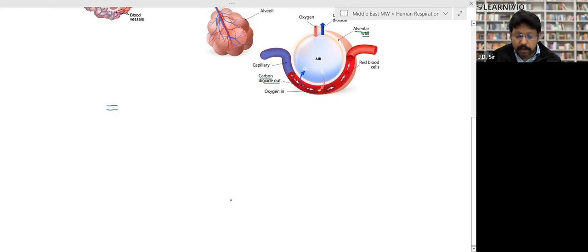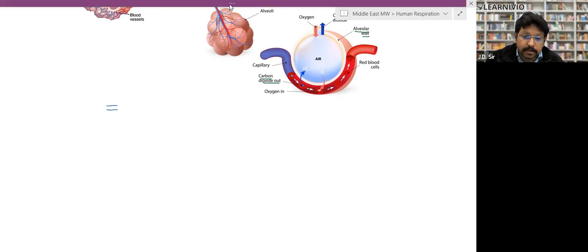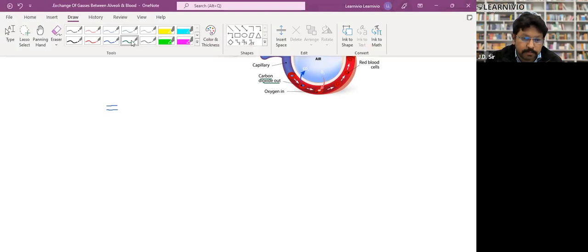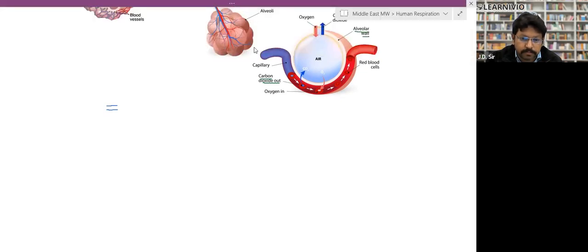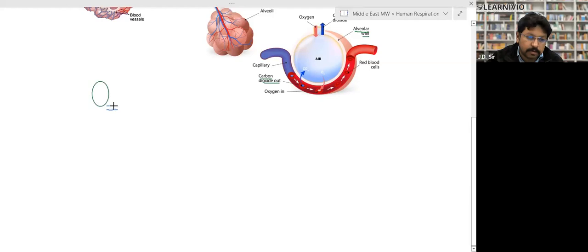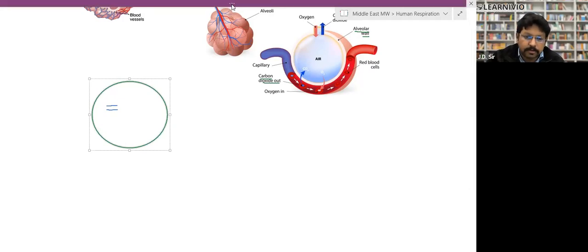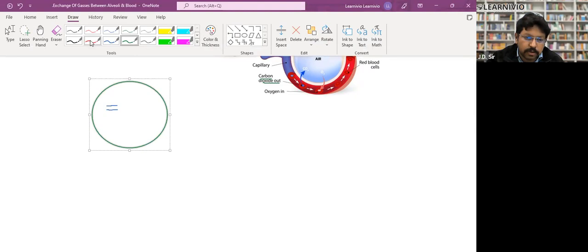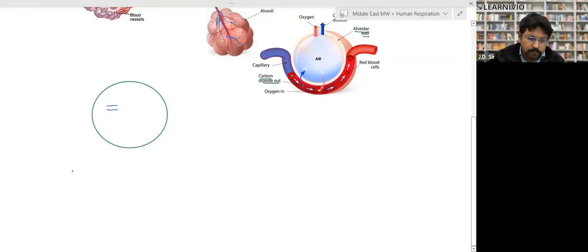So let me make a diagram for you. Let me try to make you understand with the help of a diagram. In fact, I will draw the alveoli for you. So for example, this is an alveoli. This is the alveoli, right? And one more thing. This is the alveoli, and this is the surface of a blood capillary,